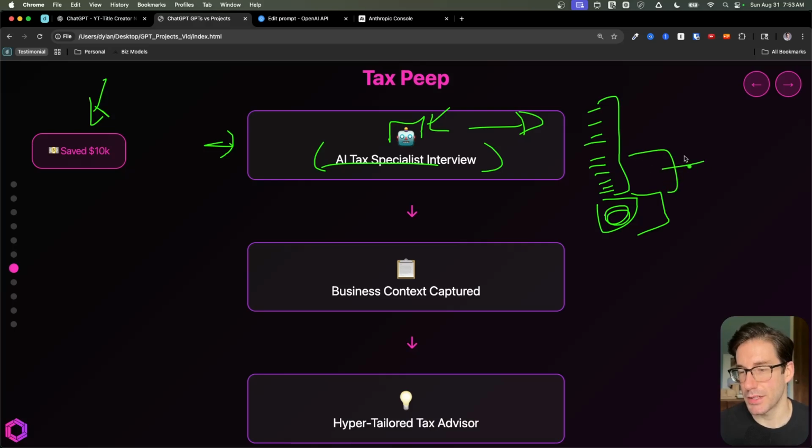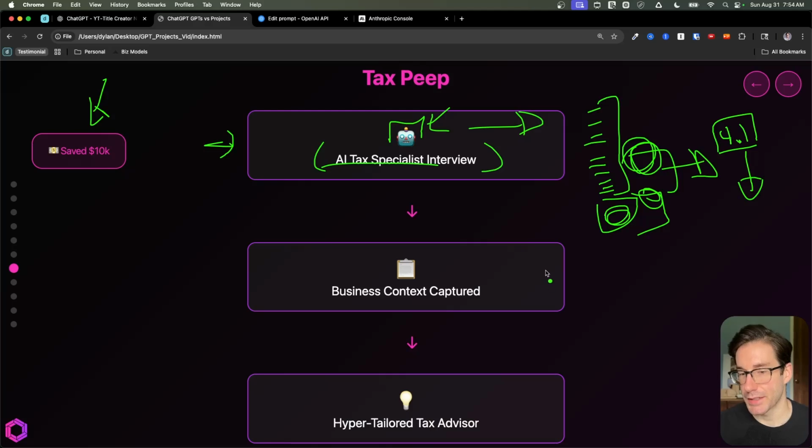I'm going to pass this into a stronger AI, which is probably Opus 4.1 or maybe GPT-5 high thinking. I'm going to ask it, using best practices for prompting the specific model that's going to be associated to my project, so that can be GPT-5 thinking or Opus 4.1, I'm going to say, using best practices for that prompting system, I want you to create a system prompt that encapsulates this entire conversation and summary into an AI that can be my advisor for taxes and corporate taxes specifically.